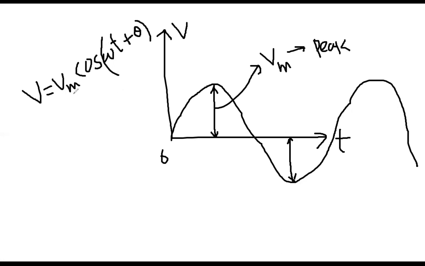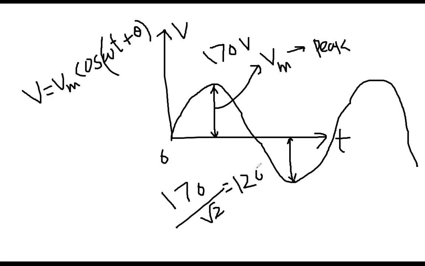And then assume that this VM value, I am just assuming, is 170 volt. So everybody, if you have a calculator, you divide this number by √2. Do this, and then what is the result? Tell me, what number are you getting? Do you have a calculator with you? About 120. Yes, exactly. So you got 120 volt.